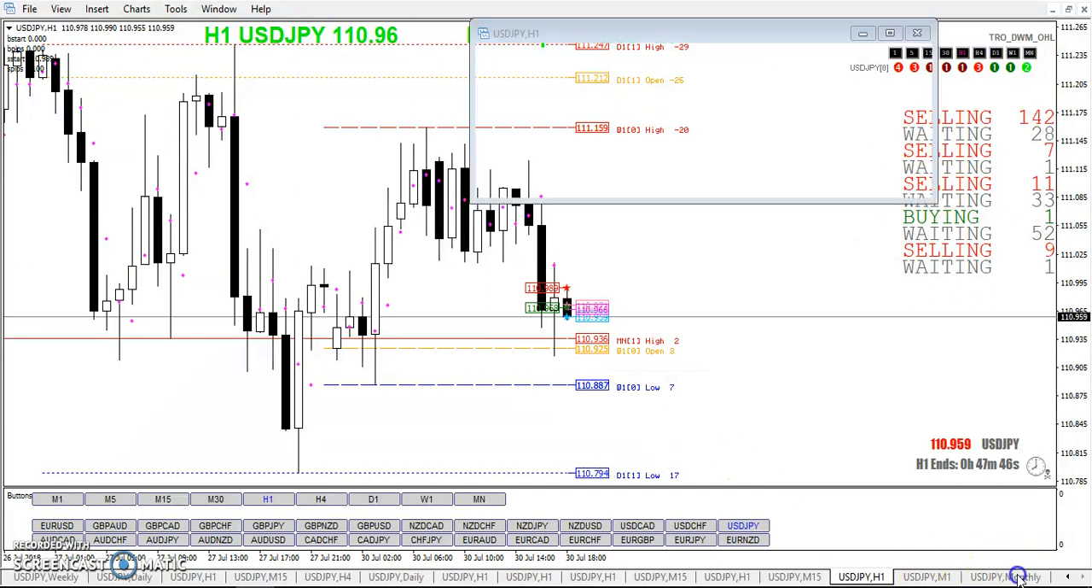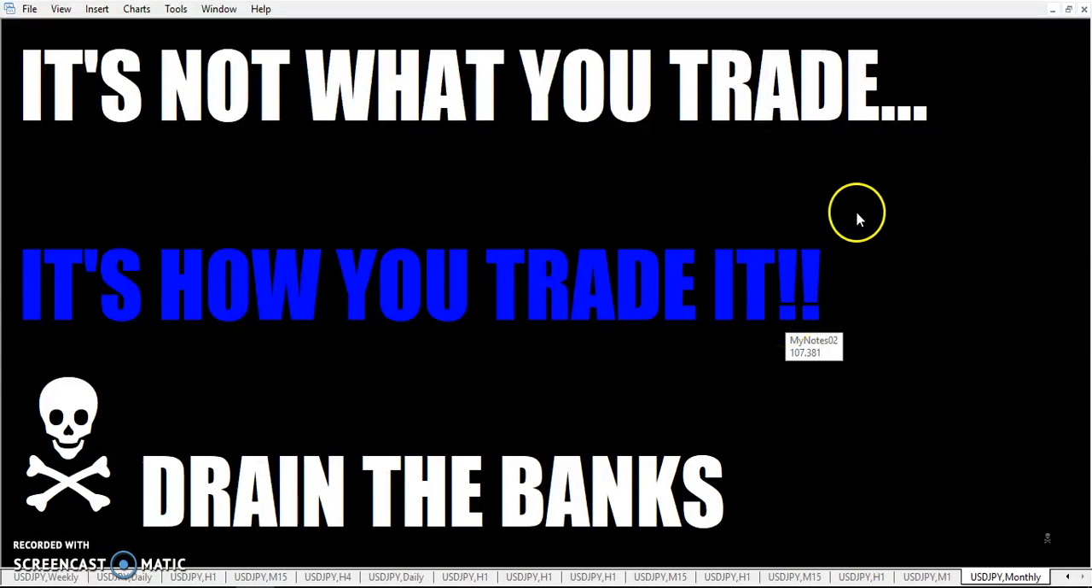And you can see here what happens. Just remember, though, you want to make money trading. It's not what you trade, it's how you trade it. So get out there and drain